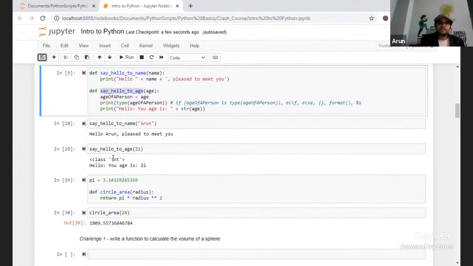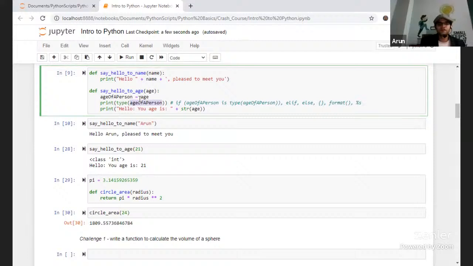Now, if I print say hello to age of 21, 21 will be passed over here, and this 21 is going to be assigned to age of person. Now, if you try to see the data type of age of person, to check whether it is an integer or a string, you'll be surprised to know.